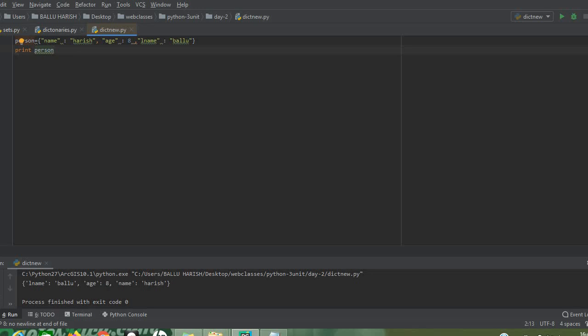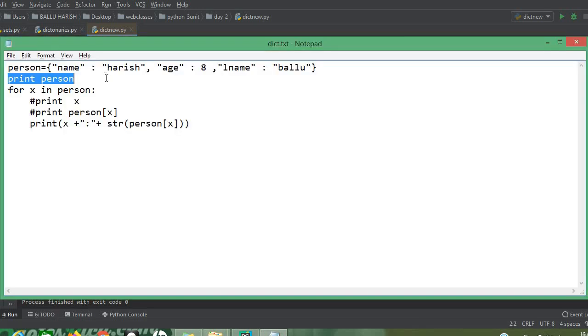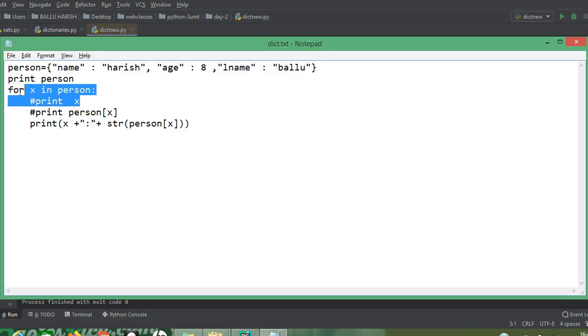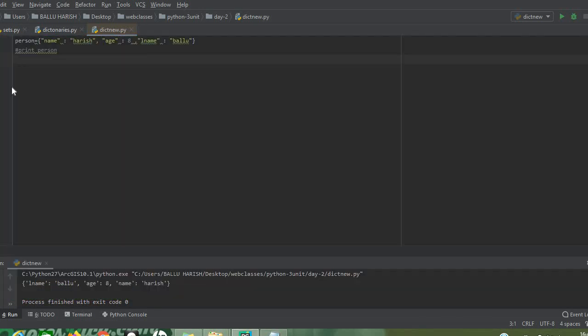Next, if you write it this way, for x in person, print x, what is the output? You are getting only the key names.